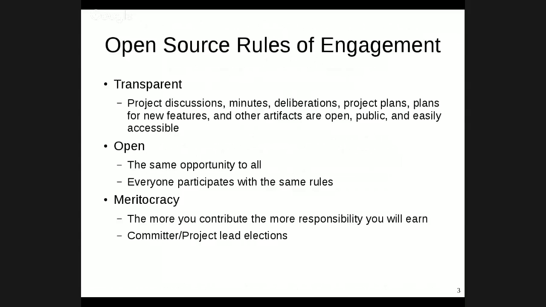The open source rules of engagement are concerned with providing transparency, the idea being that somebody who is interested in the project has a chance to understand what the project is doing, and can get some insight into conversations that are happening around the project. This can take the form of, when the project team gets together and has a meeting, they write their meeting minutes. The project team will use a public bug tracking system for all of the issues. One of the sure signs of a project that's not operating well is that lots of fixes are happening, but there's no record of the discussion leading up to the decision to make that